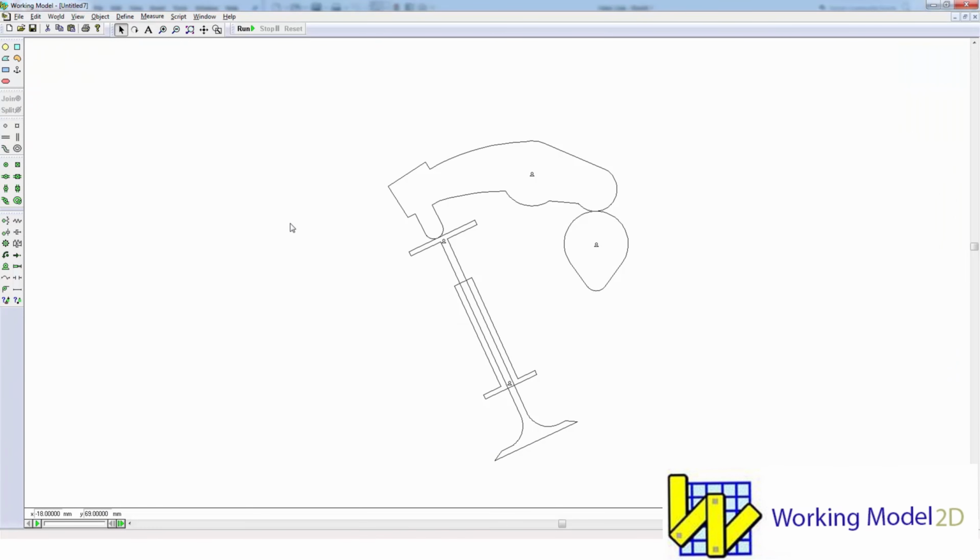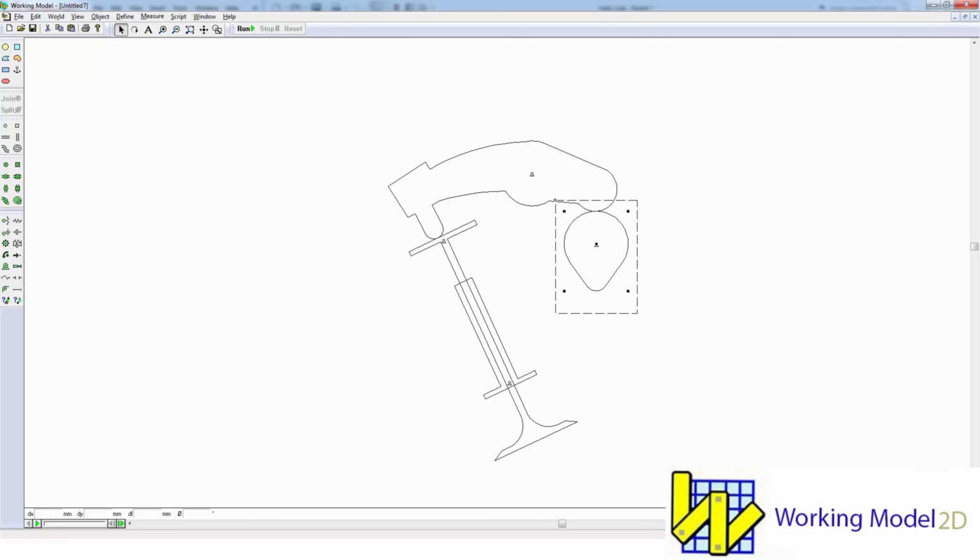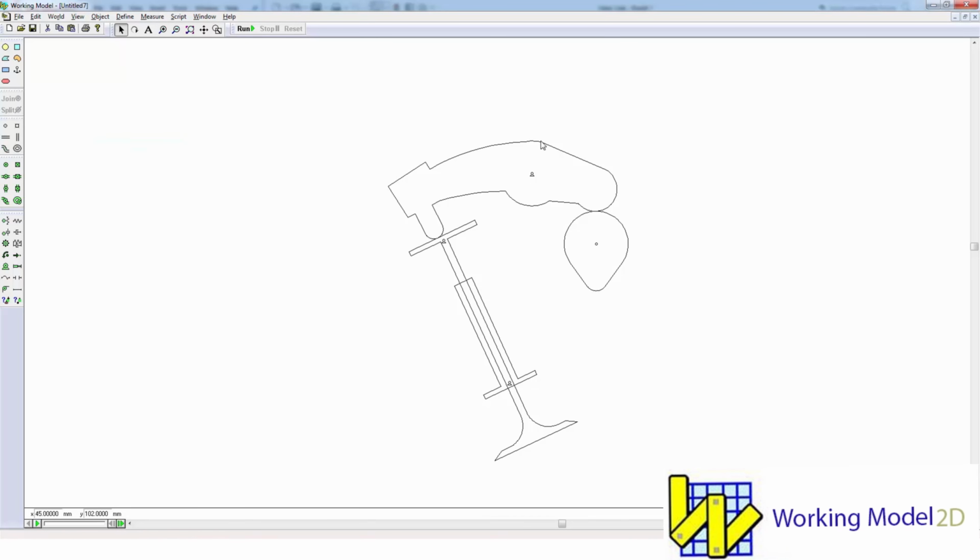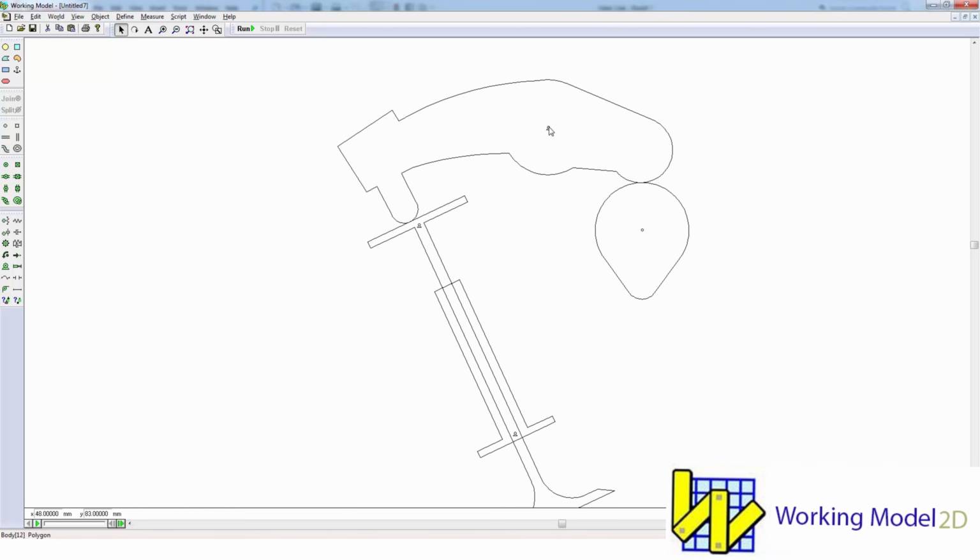So the first thing we need to do is attach these points to their respective bodies. By default, they come in attached to the background, and therefore they won't allow us to select them to define constraints. So we'll just use a little mouse selection window, and I'll select both the point and the cam at the same time here. Choose Object, Attach to Body, and then I'll click on the follower, hold the Shift key, select that point. Let's try and zoom in a little bit. Maybe grab a selection window, it's easier to pick it.